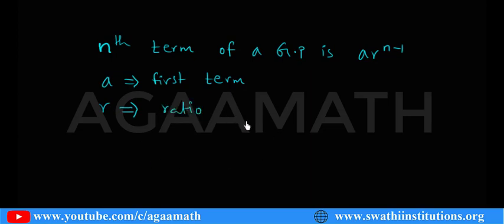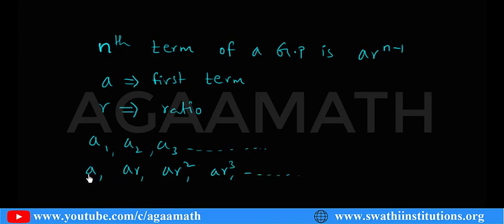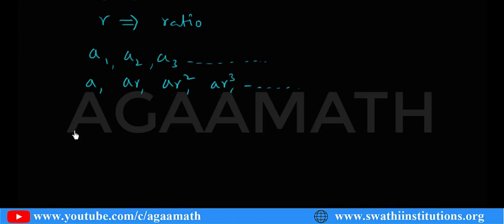So how do we find the ratio? If a1, a2, a3 are in the GP, it means a, ar, ar square, ar cube. If you watch the previous video, you will understand how we take this. So how to find the ratio, now we will see. The ratio r is equal to, remember this, a2 by a1, or a3 by a2,